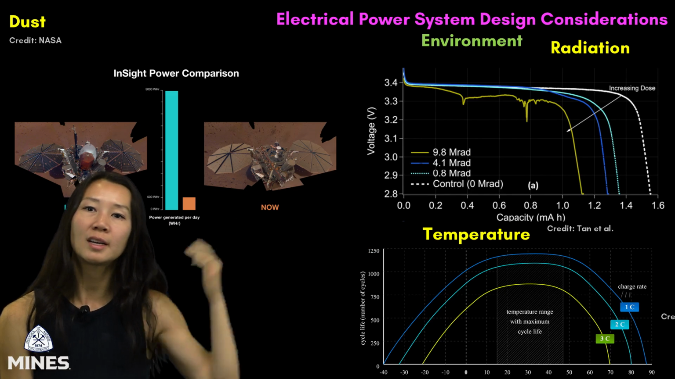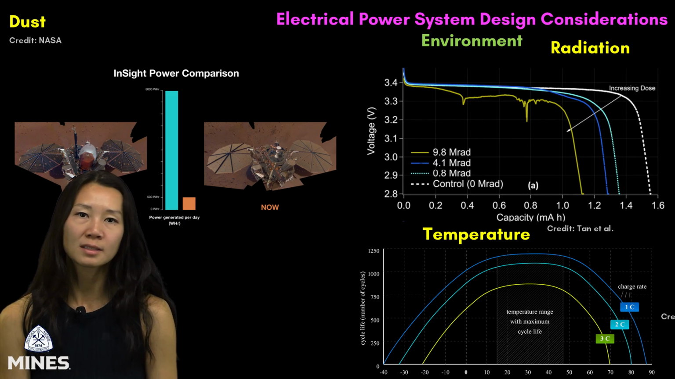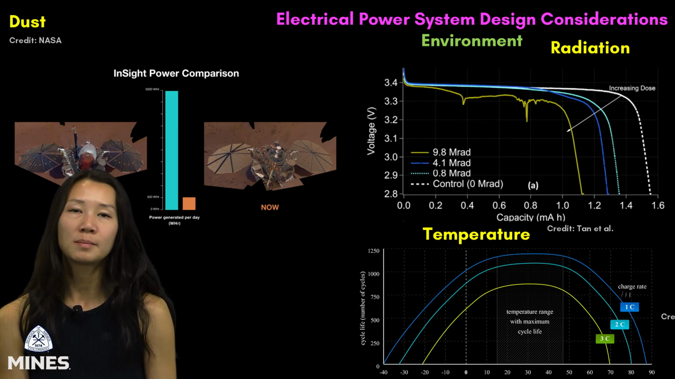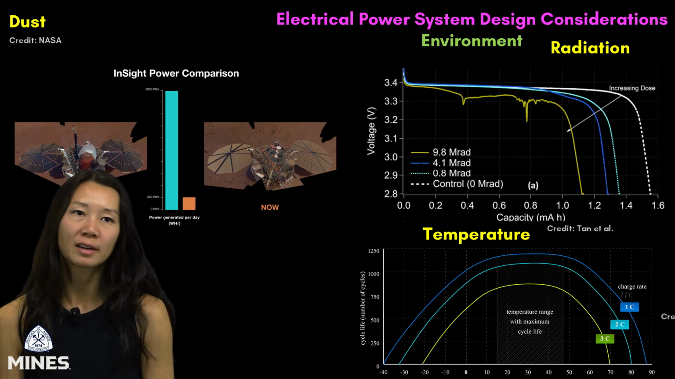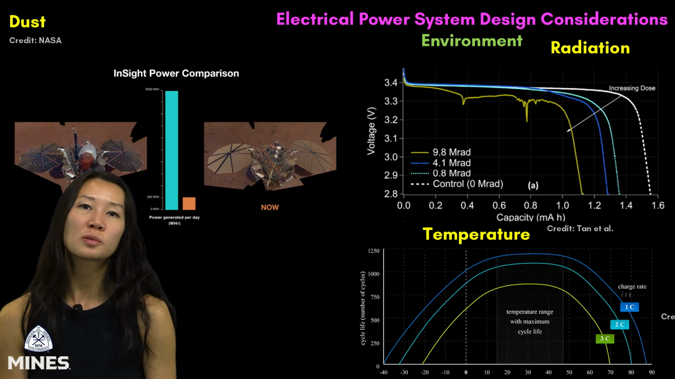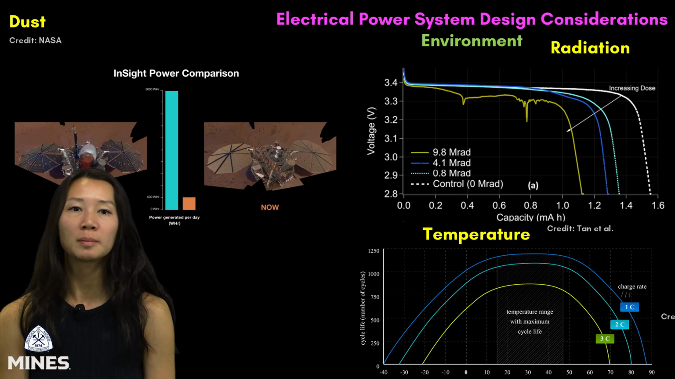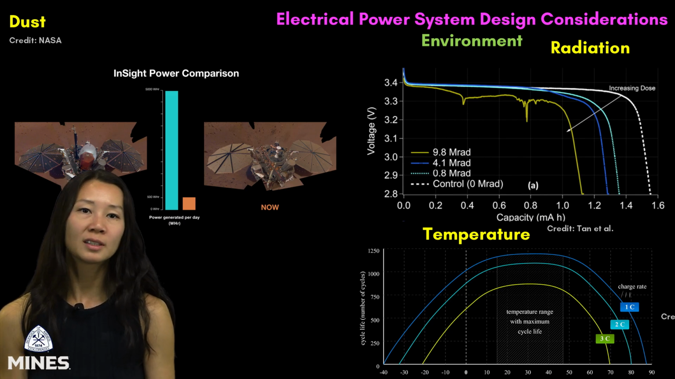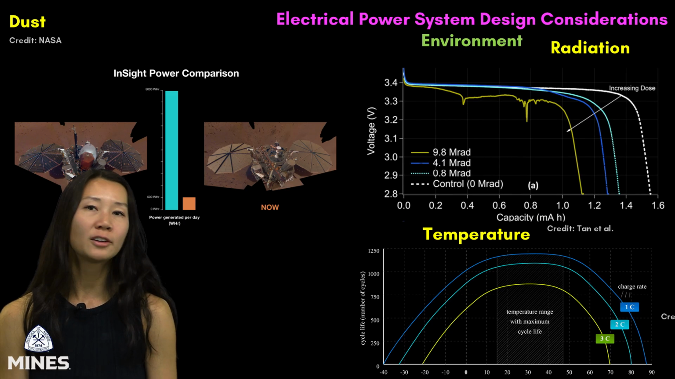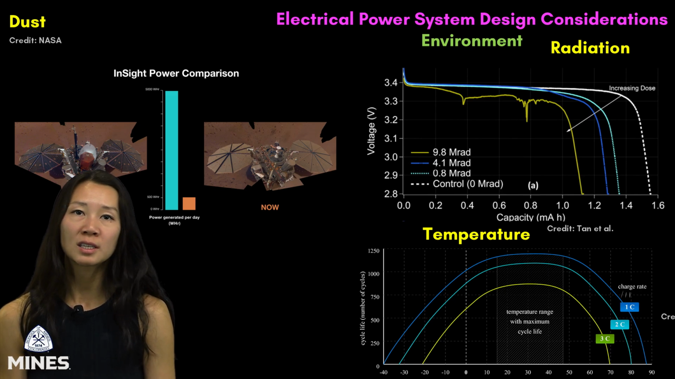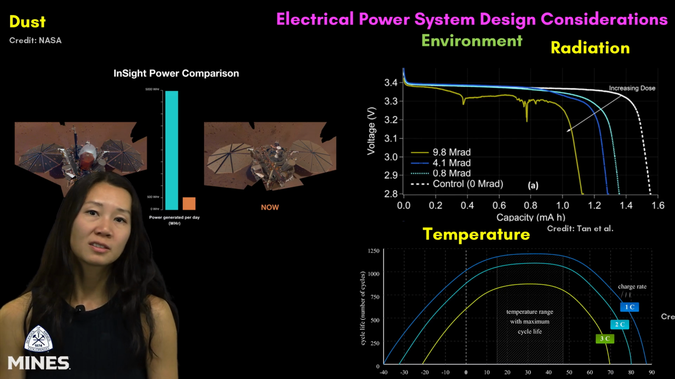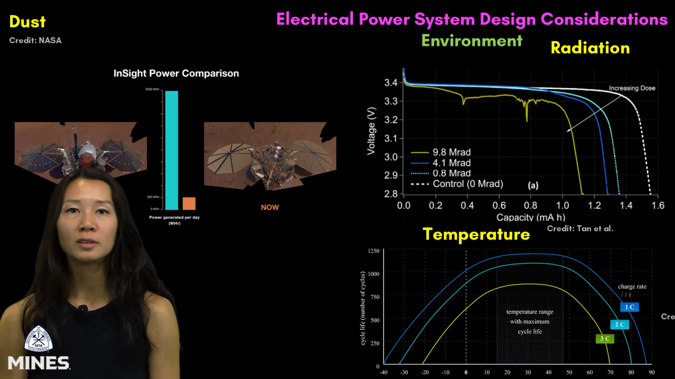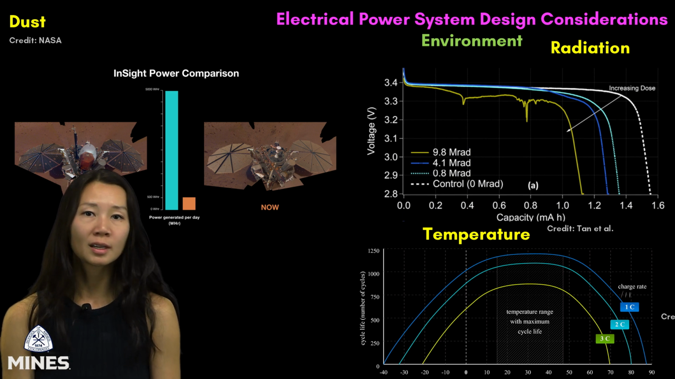On the right, we see how radiation exposure degrades lithium-ion batteries. Even at moderate doses, batteries suffer significant capacity loss, up to 27% at 9.8 megarads. This limits available energy and can shorten mission life. Below that, the temperature plot shows how battery cycle life drops sharply outside the optimal charging range around 25 degrees Celsius. Higher charge rates, such as 2C or 3C, also accelerate degradation further. Together, these factors of dust, radiation, and temperature demand careful electrical power system design, from shielding and thermal control to